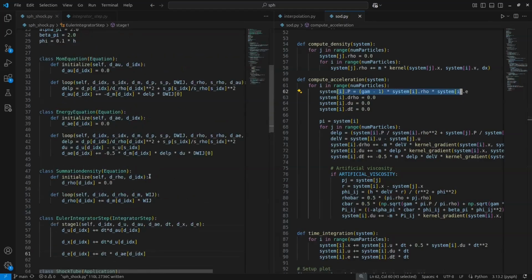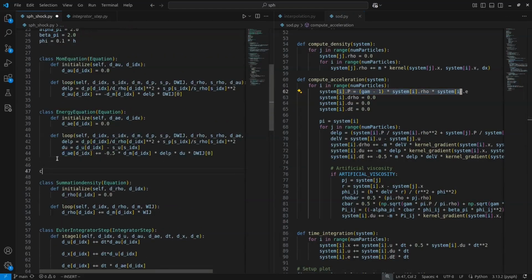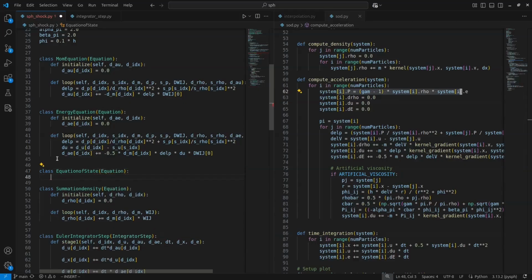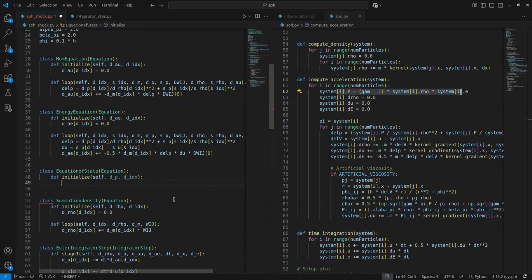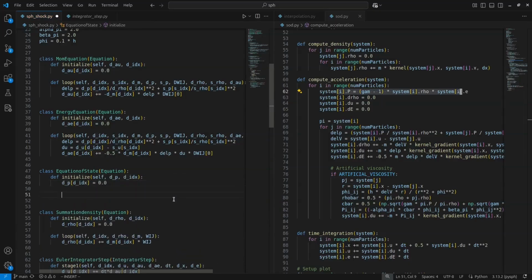So we can have a separate equation of state either here plus, let me add the equation of state, equation of state is an equation which you can directly initialize the pressure, and you need the density as well as the energy. Since we need the density which is updating in the loop, so therefore let's do one thing. We'll initialize only the pressure here, d underscore p, and this you can also have a post loop method which